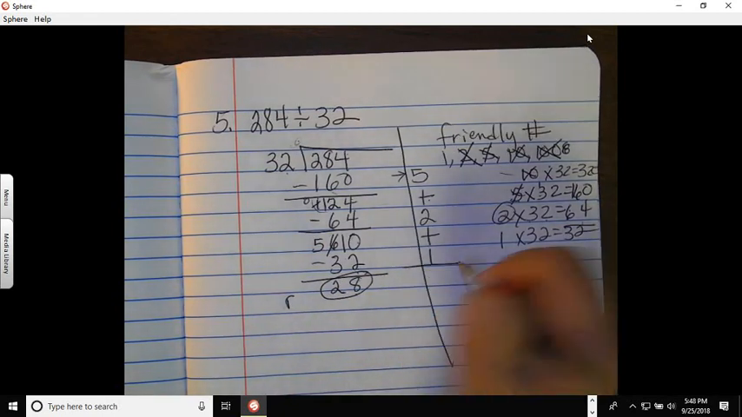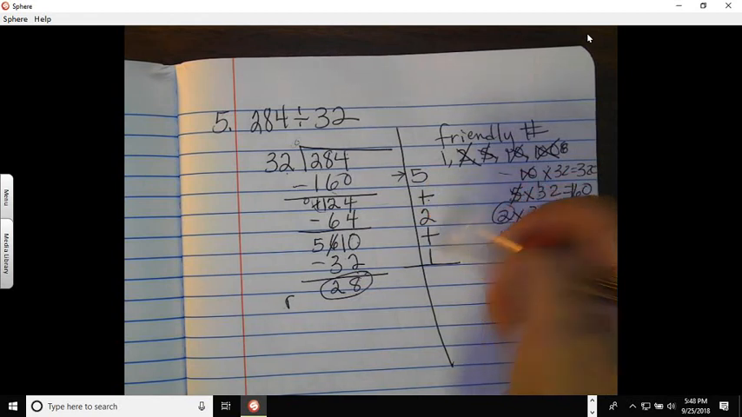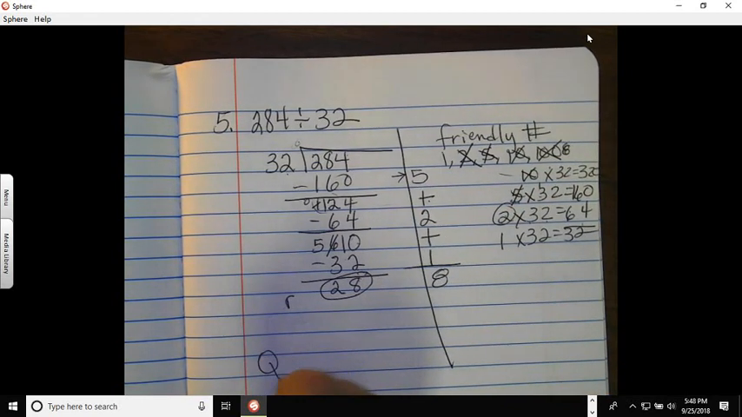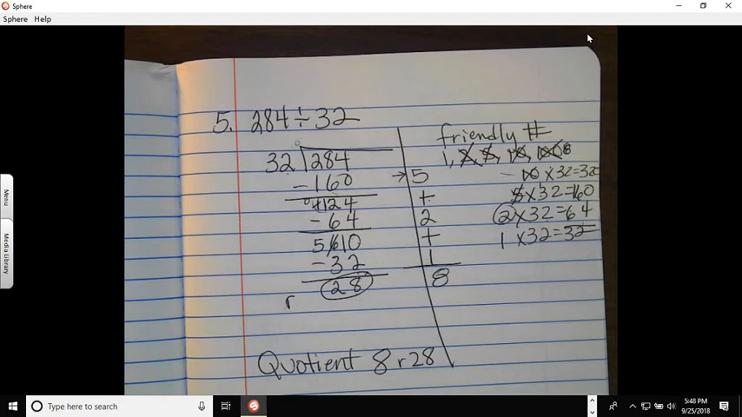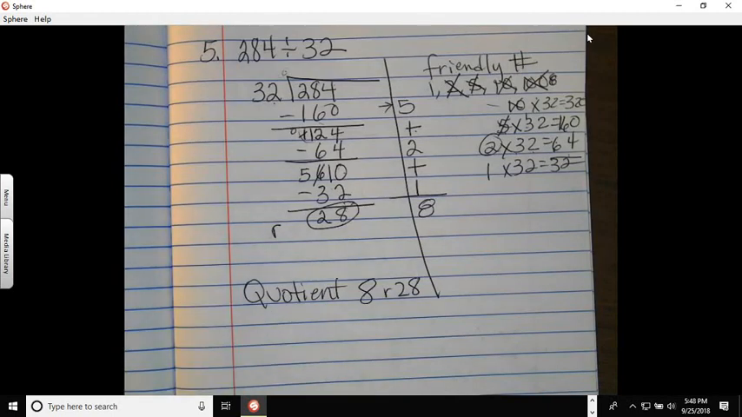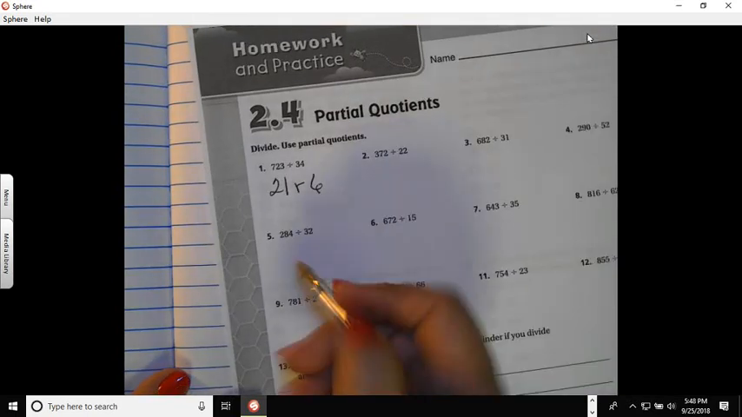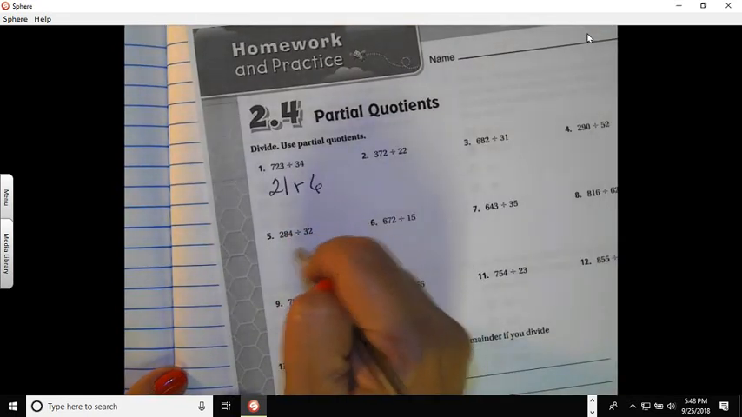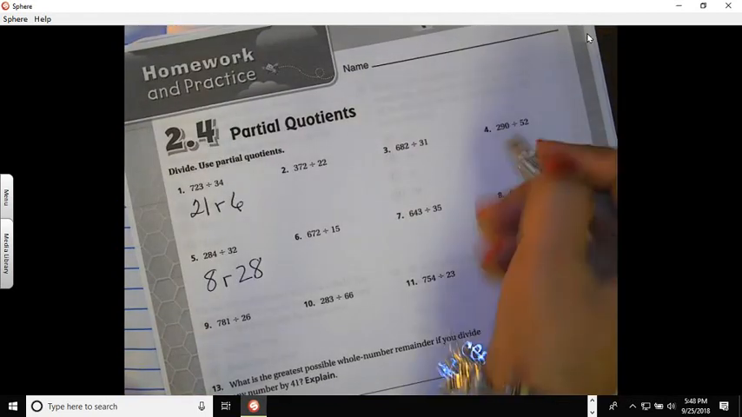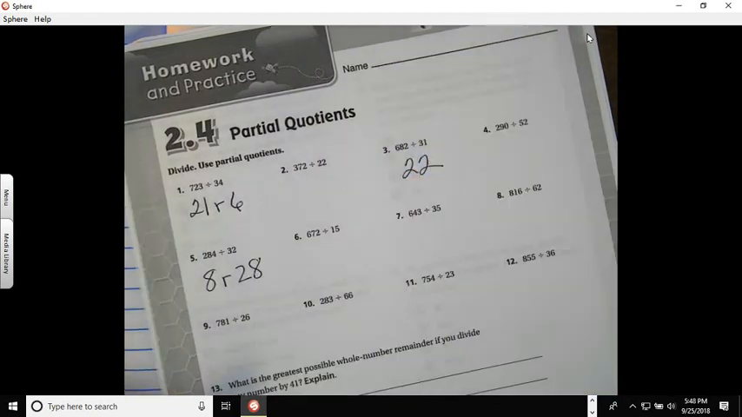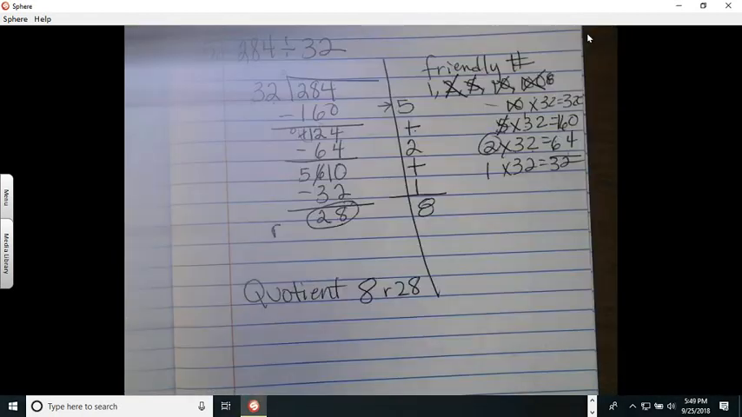So let me find my quotient at 5, 6, 7, and 8. So my quotient is 8. And then I have a remainder of 28. Okay? And I'm going to bring that over here, and I forgot to put it on the other one, and I'll put that now. So here I have for number 5, it's 8 with a remainder of 28. Number 3, remember that was divided equally into 22 equal parts. All right, let's look at number 7. I'm going to just turn